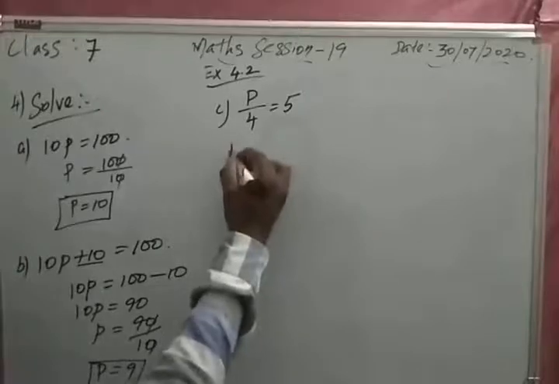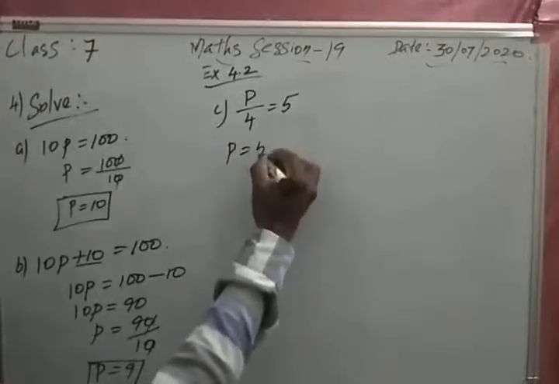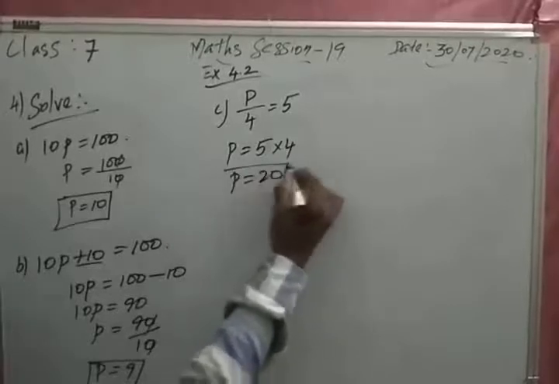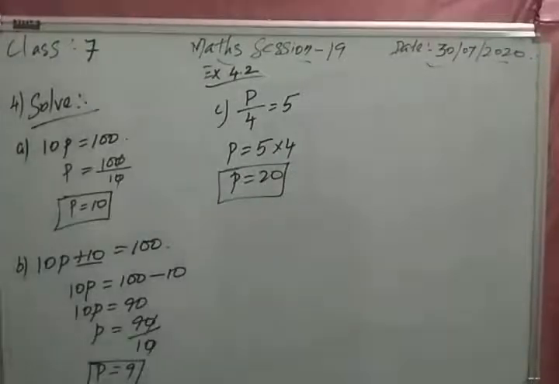So here also we are going to do P is equal to 5. This division will come as a multiplication. P is equal to 20. Understood? Now D1. D1 also you see minus